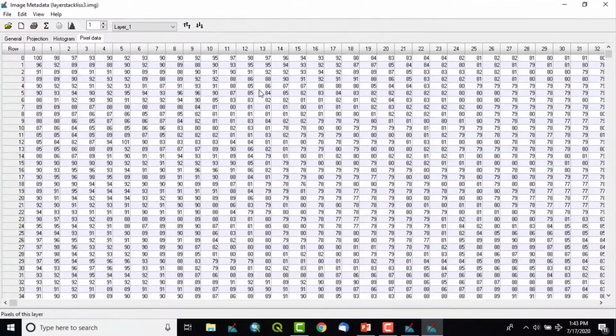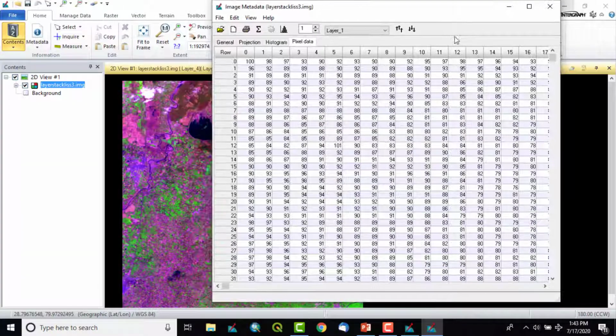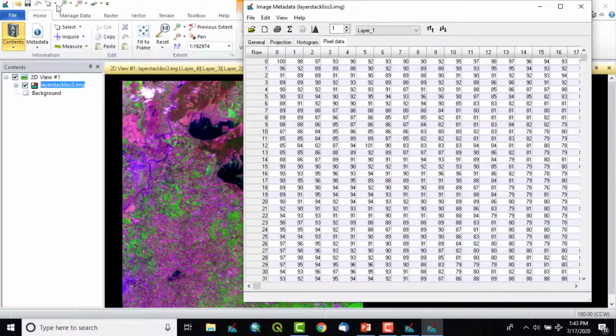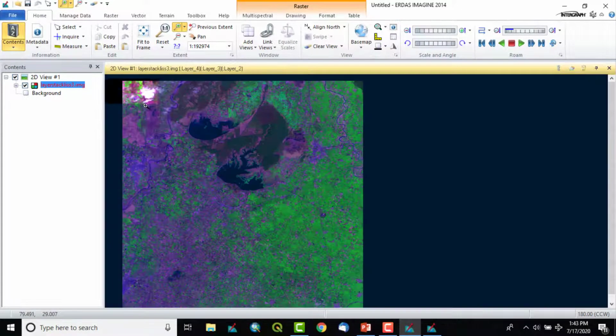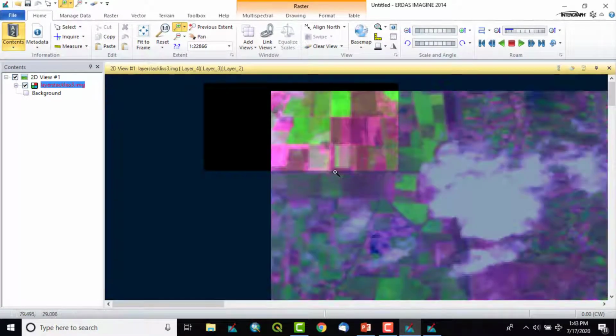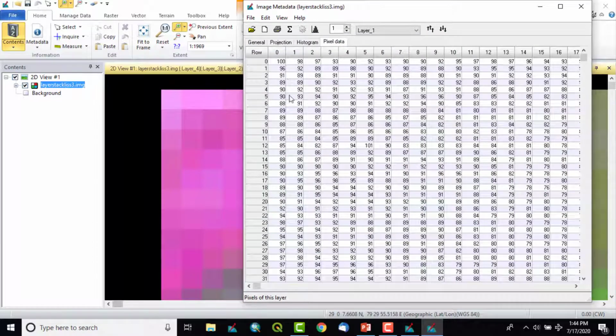This is nothing but each and every pixel of the image. Suppose I zoom to a corner of the satellite image, what I will see are actually groups of pixels, clusters of pixels, and each pixel has a pixel value, and that is shown over here. These are the columns, and these are the rows, and these are the pixel values.